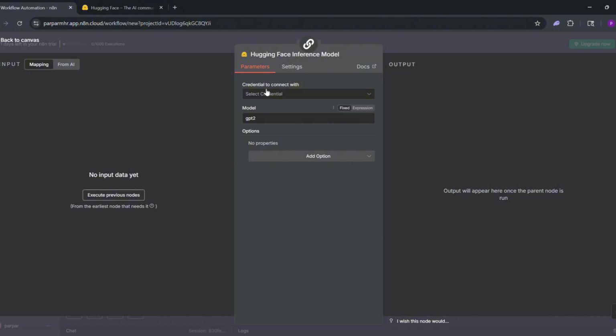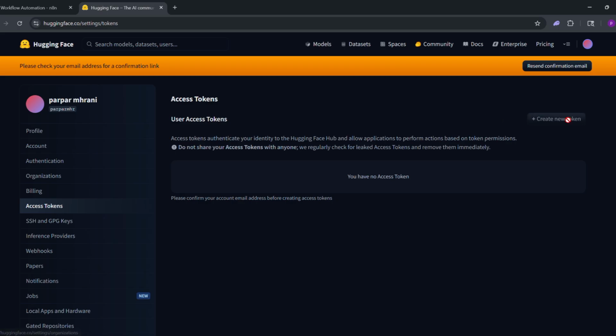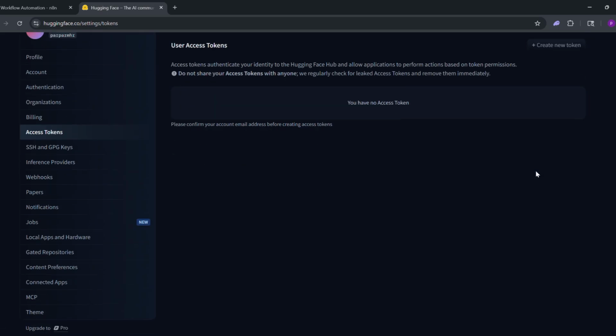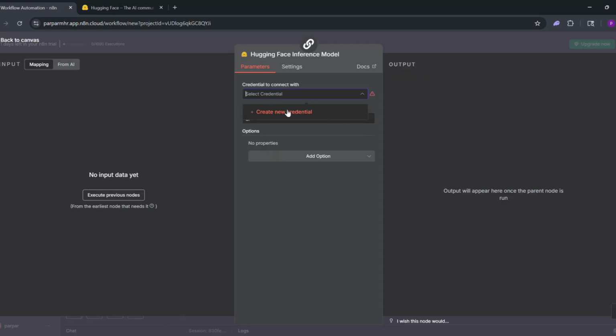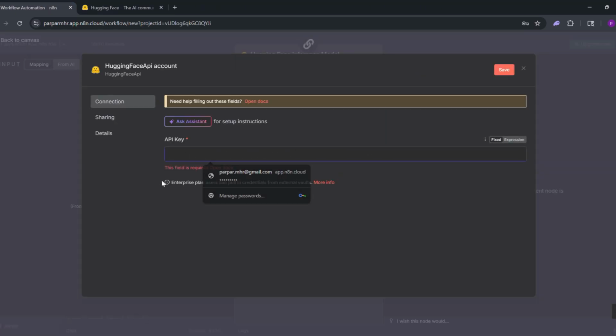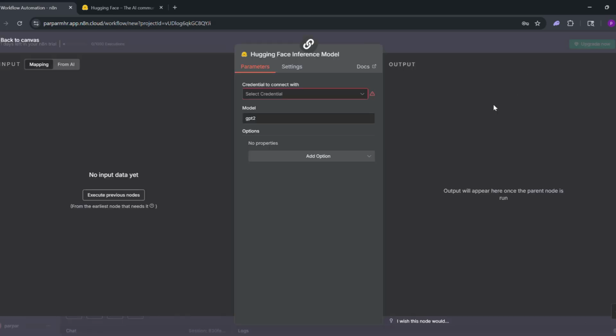You'll need an API key from huggingface.co, so sign up there, go to your platform, and create a new API token. Back in n8n, click the node, select credentials, and add your Hugging Face API key. Then choose a model like Mistral 7B, set the action to generate text, and type a prompt like write a